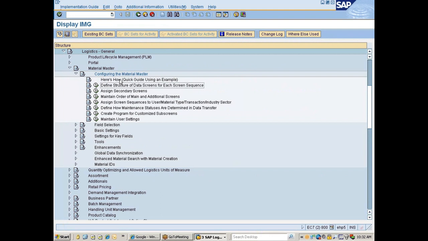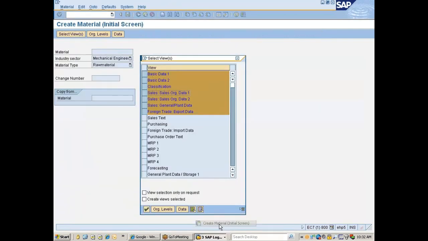First one: define the structure of data screens for each of the screen sequences. When I went with MM01, the screens that you see in sequential order, like basic data 1, basic data 2, classification, sales organization data 1, 2, this is a screen sequence. An individual view, you see here, basic data 1, basic data 2, is called a